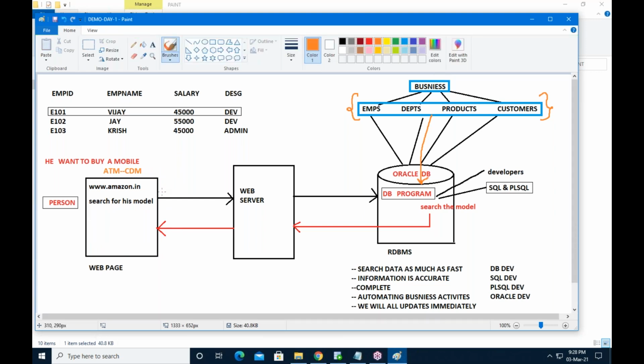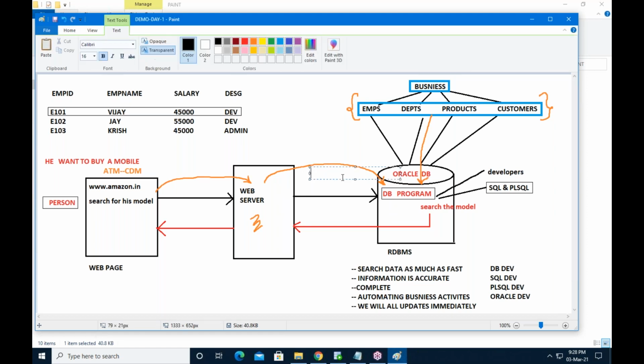The request will be passed to the web server. Web server means there are Java programs or Python programs or .NET programs available here. The Java program receives the request from the web page. From there, the Java program sends the same request to the database server. It is communicating with the database server. How is it communicating with the database server?